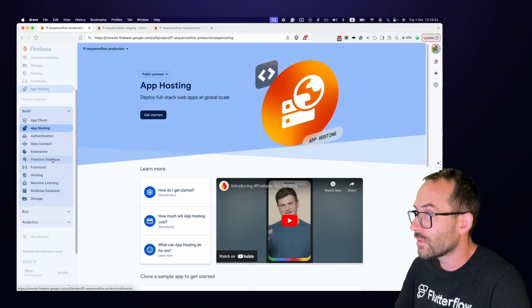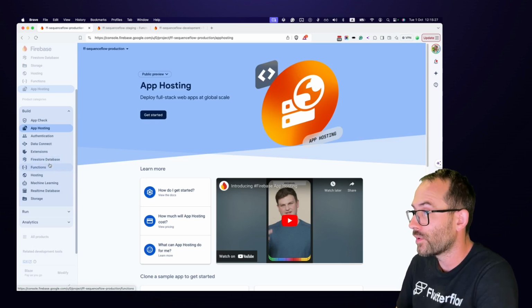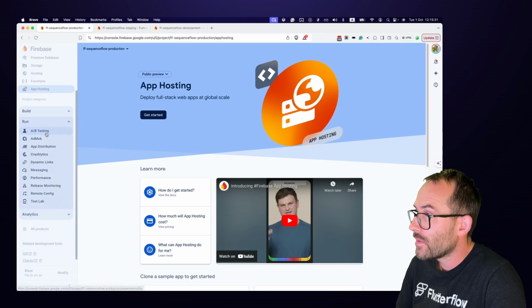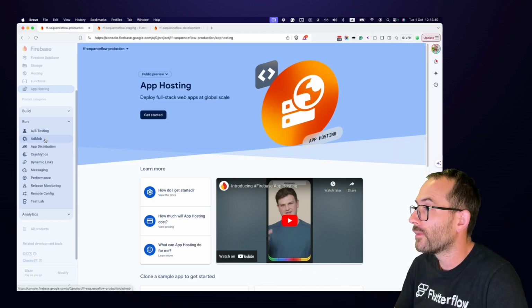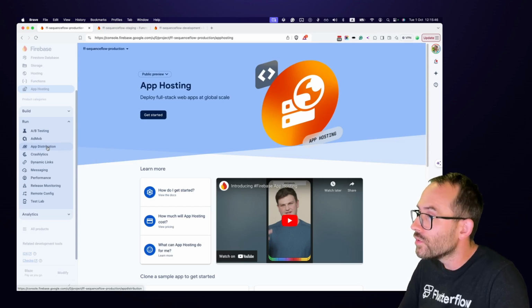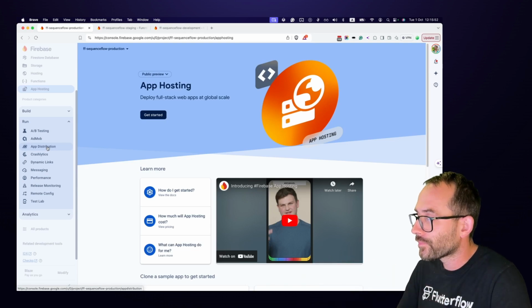But general database Firestore is more than enough for general purposes there. Storage is using for the upload of data. A/B testing where you can test stuff, AdMob for using the commercials there, and you can earn with AdSense in your Flutter apps. App distribution, I'm usually not using because I have been using previously, but it is using a lot of